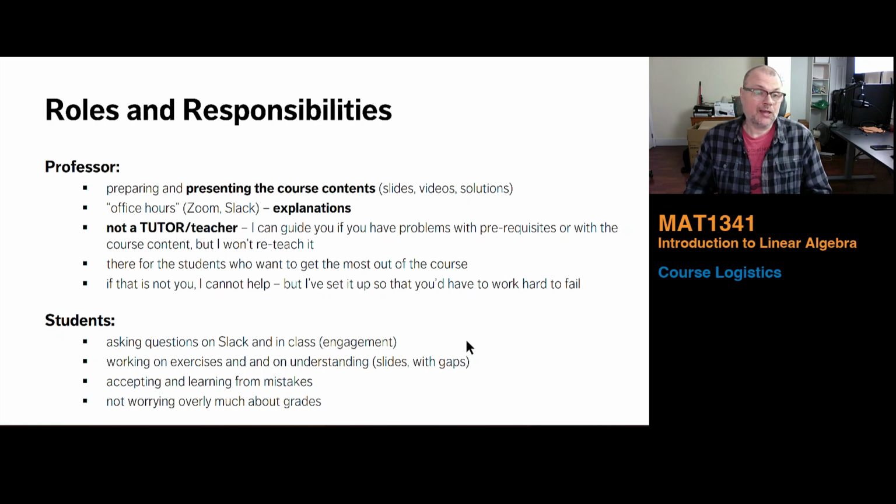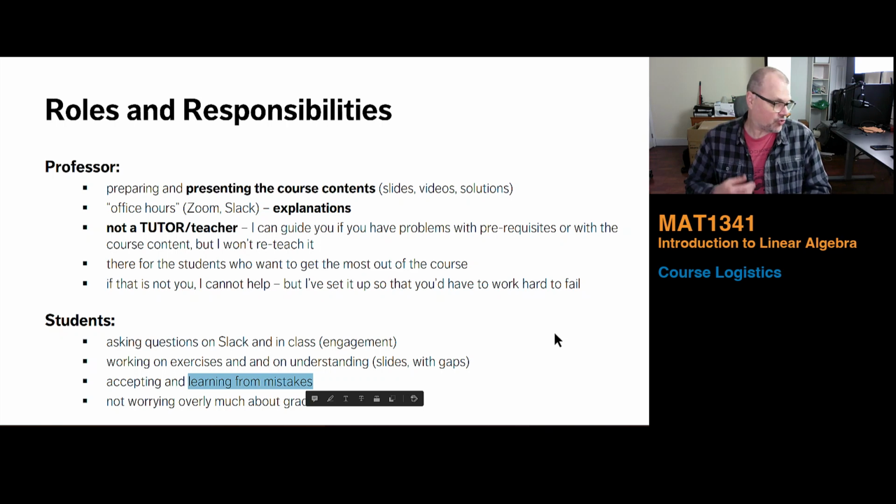For you as well, I want you to accept that you'll make mistakes. You will be making mistakes. Nobody does not make mistakes. If you don't make mistakes, there's something you haven't understood at some point. But I want you to learn from them, learn to overcome the struggle, overcome the difficulties, get from a point where you did not understand to a point where you understand better.